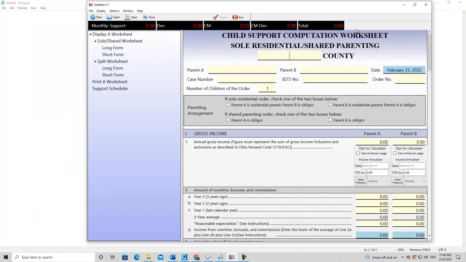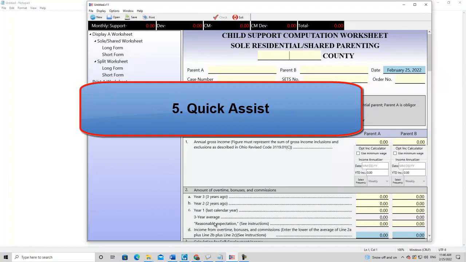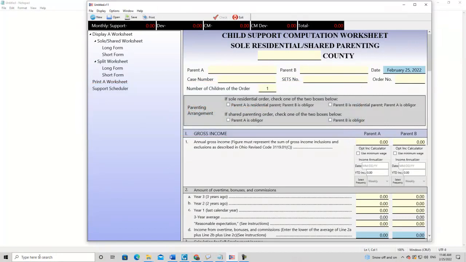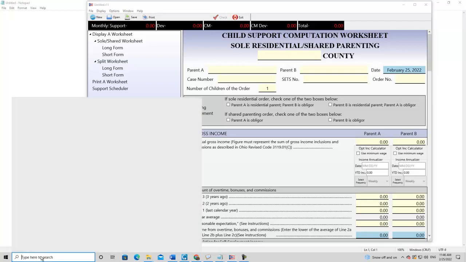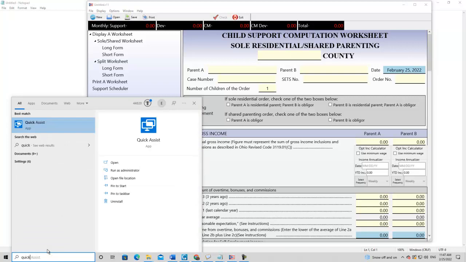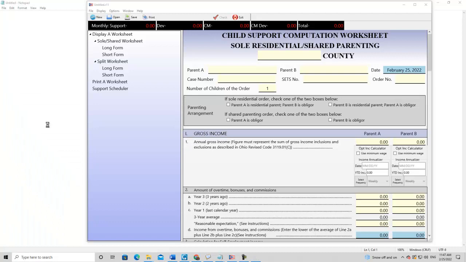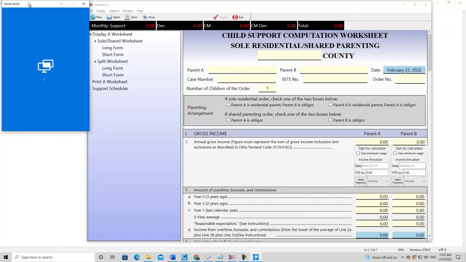So anyway, let's go to the next item, number 5. It's Quick Assist. There is already a video about this. It's FAQ number 30. It's a really handy thing. You want to at least know what it is, and I'm sure that eventually along the way you'll find a use for it. What I do is I just type quick, and look, you see it knew already. I didn't even have to type the assist part, but if I click on that,